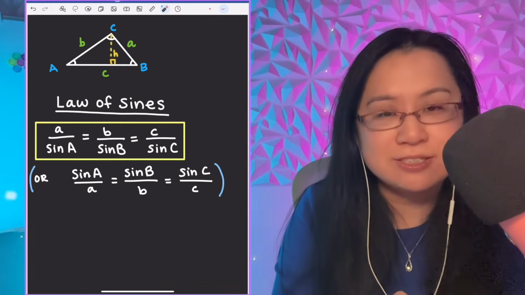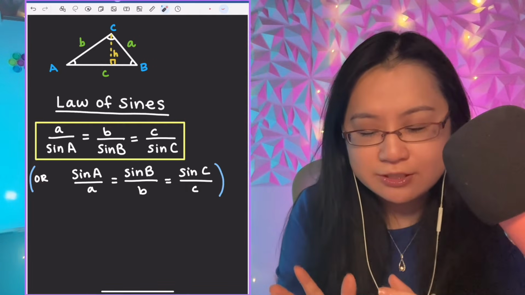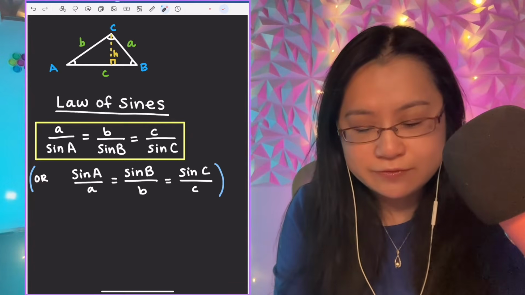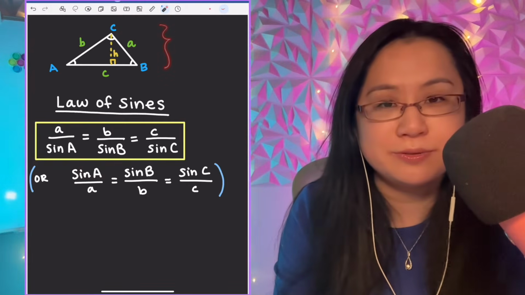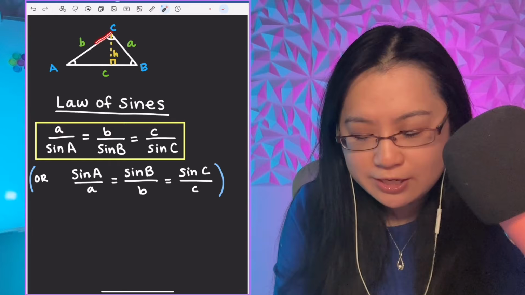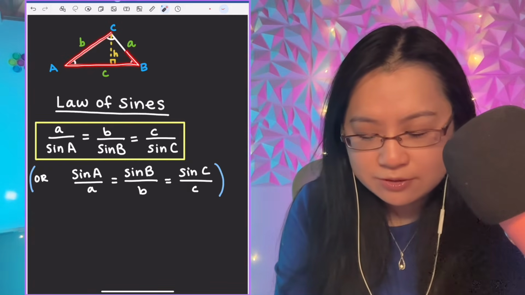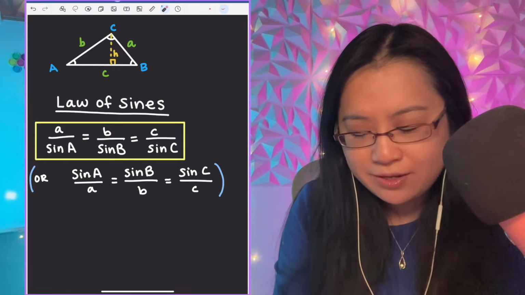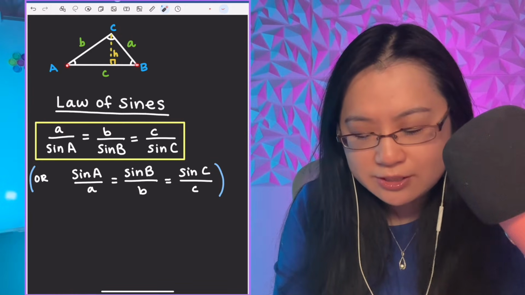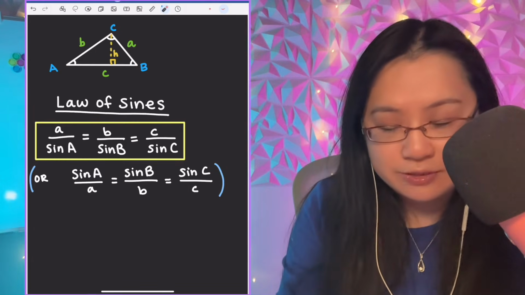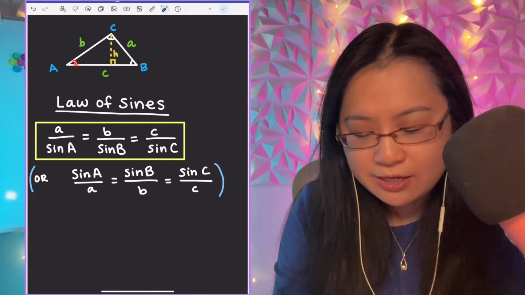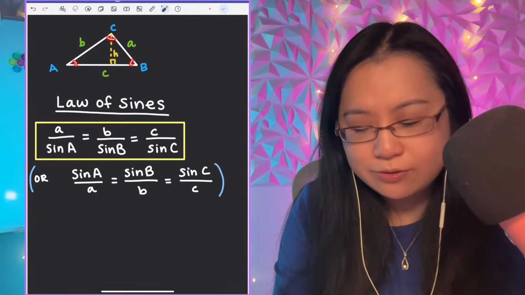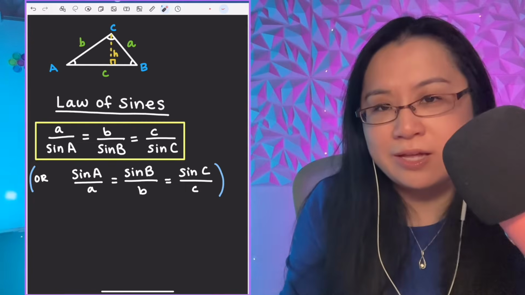Okay, so let's get started. First, let's make sure that we're on the same page as far as notation goes. So here I've drawn out a triangle because the law of sines has to do with triangles. I've labeled the vertices A, B, and C here, and the corresponding angles are also named angle A, angle B,